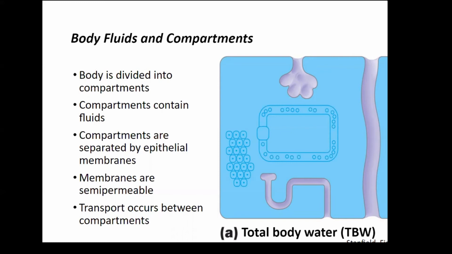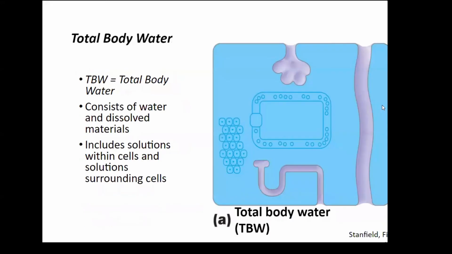So total body water will be important as you think about things like dehydration, right? You want to maintain a certain level of total body water in your body and especially in your blood. But because we're talking about different organ systems and different types of tissues, we also want to break down that total body water into a few different types. So we're not going to break it down by all our named systems. We're going to divide it basically into our circulatory system versus everything else.